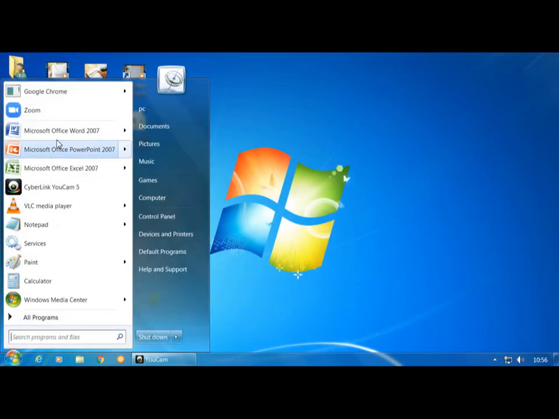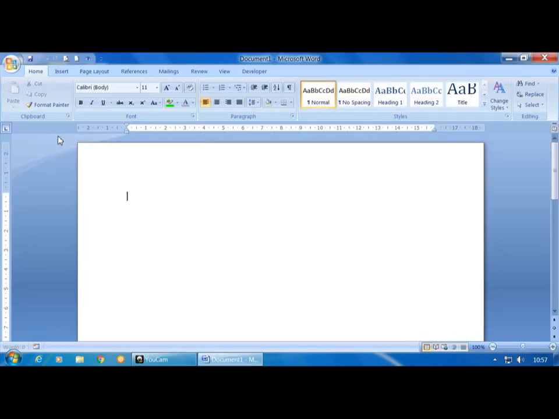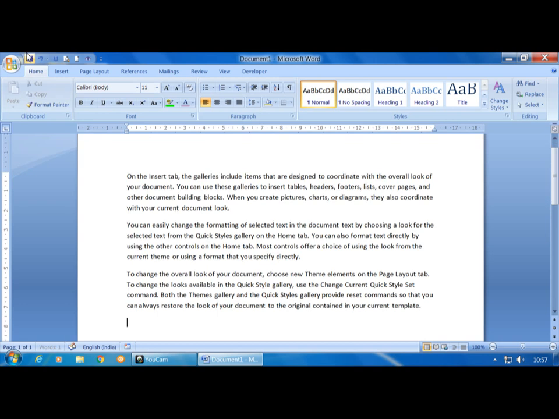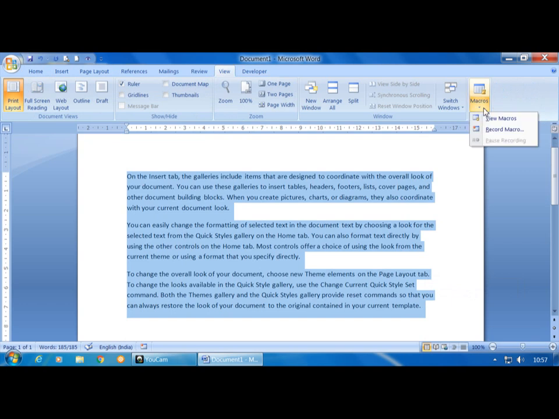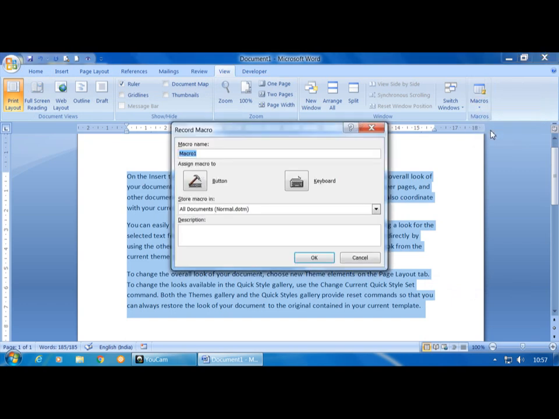So click on Microsoft Office, then click on New, enter any one text, then select it, click on the View tab, click on Macros, click on Record Macro. This is the third option. Now I will give the macro name as Jack.